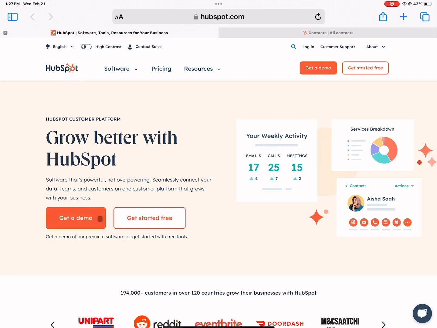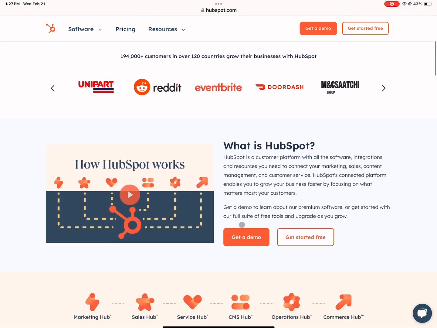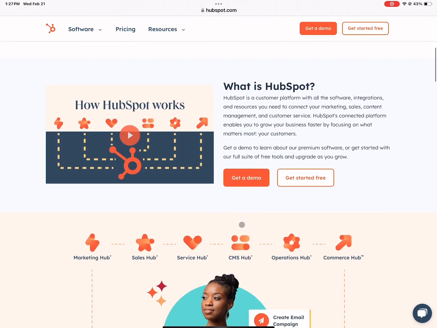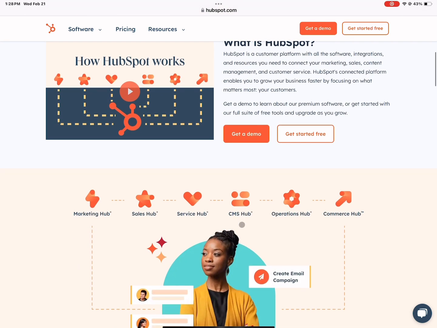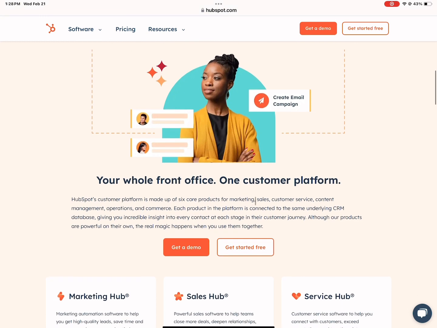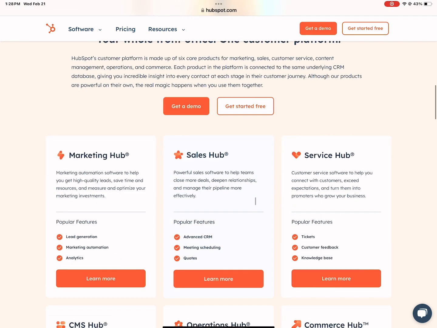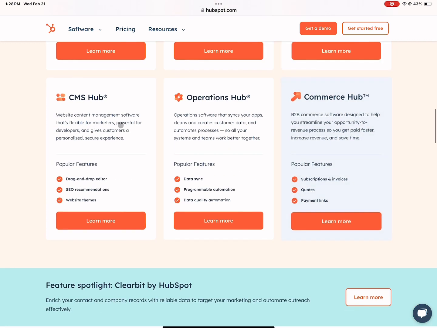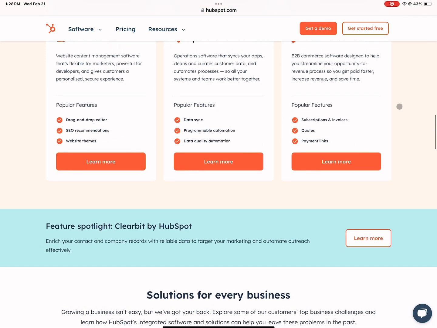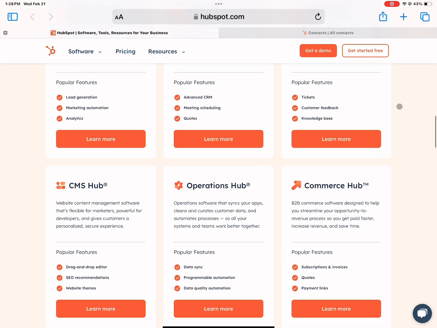So if you're not aware already, HubSpot is a CRM platform with all the software integration and resources to connect all the different teams within your company. So your sales, your marketing, services, customer service, so on and so forth. Everything that you would need basically is within this platform, and it's been a life changer for multiple companies, well, hundreds and thousands of companies across the globe, to help scale and run their business operations more seamlessly